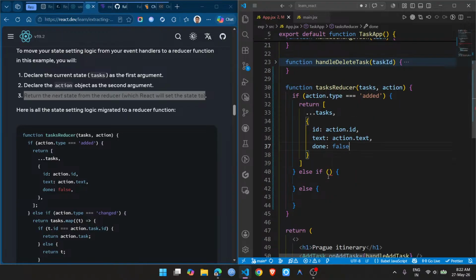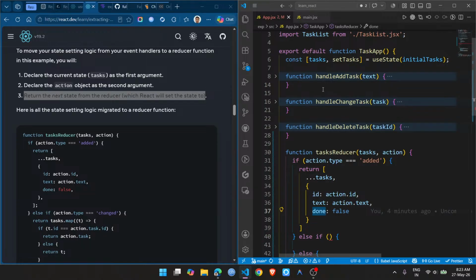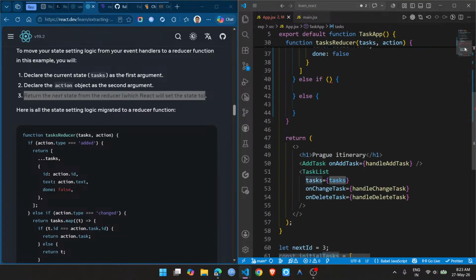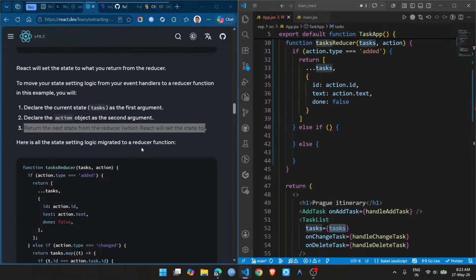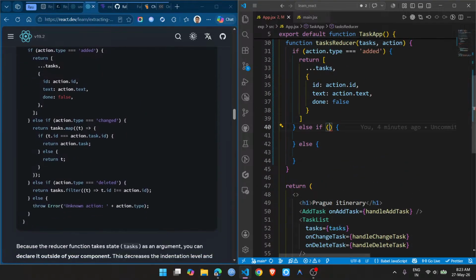But even before, inside that task, I don't think I have done. Let's see where this goes. And let's say action.type is